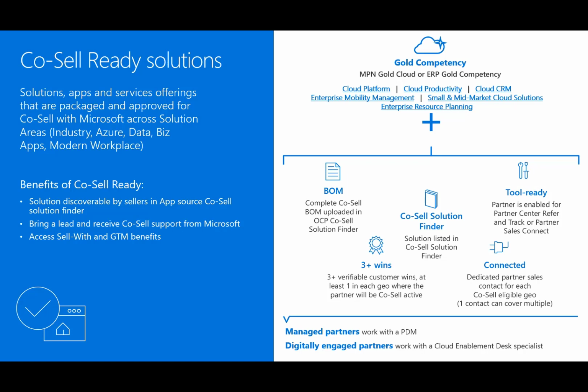Second, partners must have 3 or more verifiable customer wins. It is important to highlight that verifiable does not mean referenceable. These wins do not need to be published, simply verified by the co-sell desk, our service desk that reviews all co-sell inquiries. You can reach out to them at any time by emailing cosell@microsoft.com. Third, onboarding a P-seller is no longer a requirement for a partner to become co-sell ready, but you must